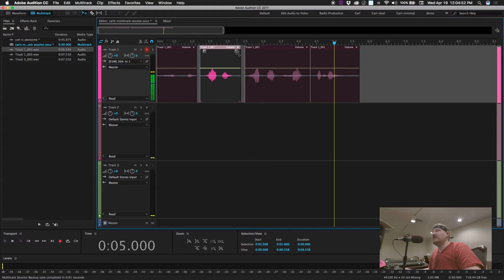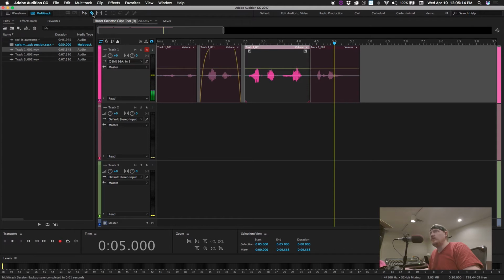Also, at the end of these little clips of audio, those are fade in and fade out boxes. You can move them up and down to adjust the curve on them, the log curve. So that is the Razor tool, and that is accessed by the R key,